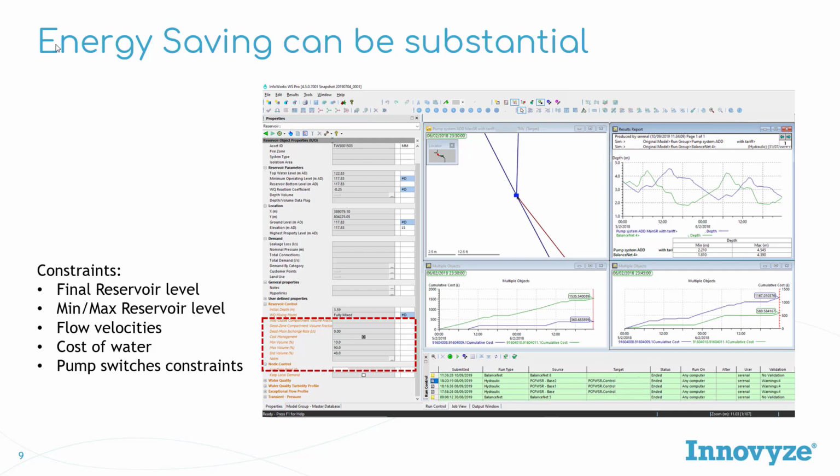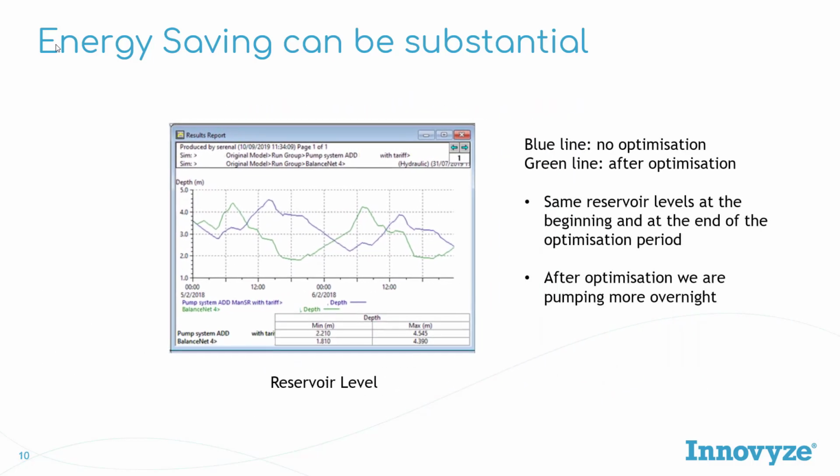So when we look at the result, by looking at a graph with the level on the reservoir before and after the optimization, it's quite important to observe that we are starting and finishing at the same point. And that is essential in order to make sure that we are comparing the two different configurations on a like-for-like